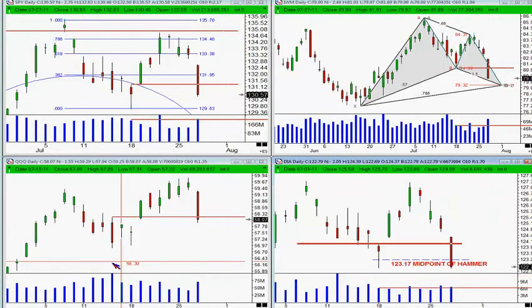If we take a look at what the Qs are doing, the Qs are testing the July 14th time frame, not even close to the volume we had there. There was 98 million shares. The low on that's 56.87. It's coming in with 70 million shares, but you need to see it close above the 58.18 in order to have a rejection. If you take a look at what the SPYs are doing,